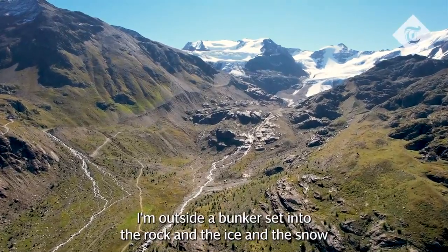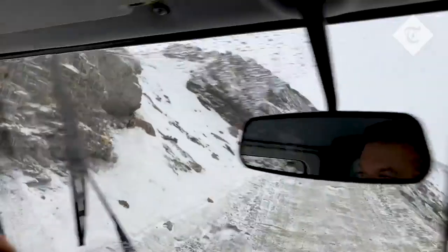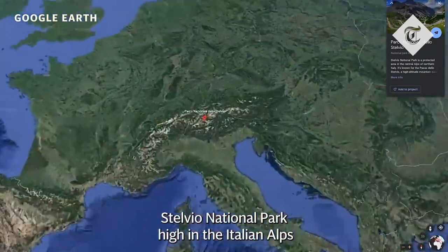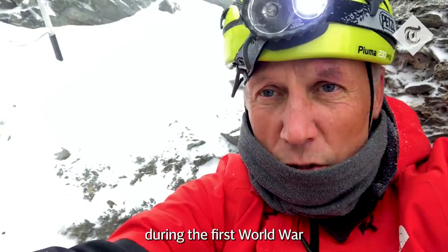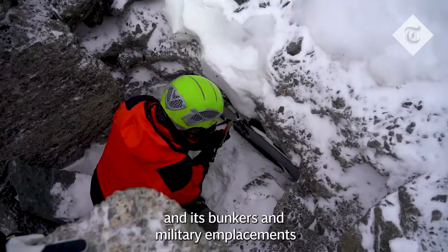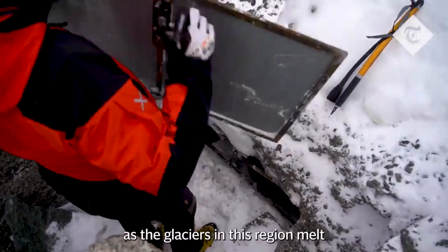I'm outside a bunker set into the rock and the ice and the snow up here around 2,900 meters in the Stelvio National Park, high in the Italian Alps. And this was once home during the First World War to a platoon of around 15 Austro-Hungarian soldiers. And it's bunkers and military emplacements and trenches like this that are coming to light as the glaciers in this